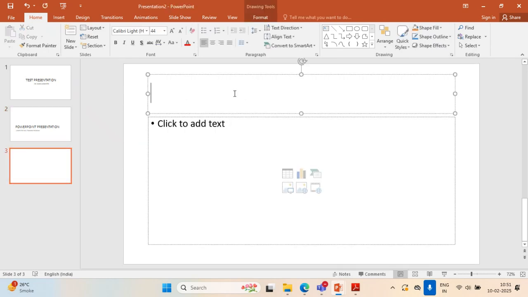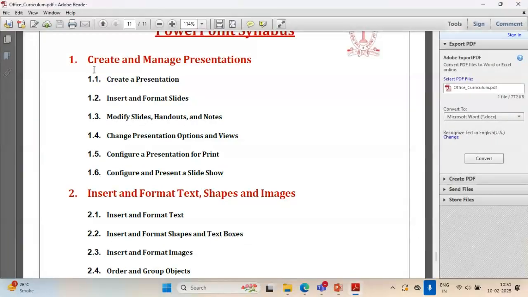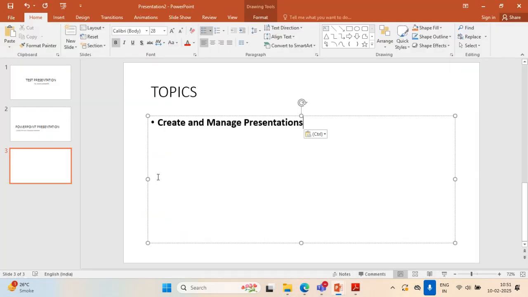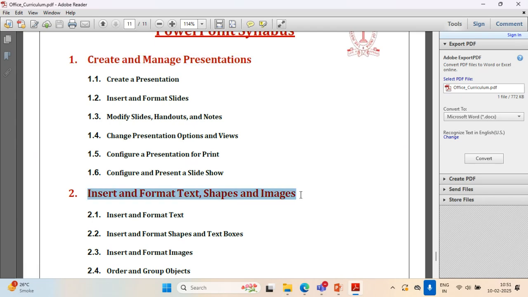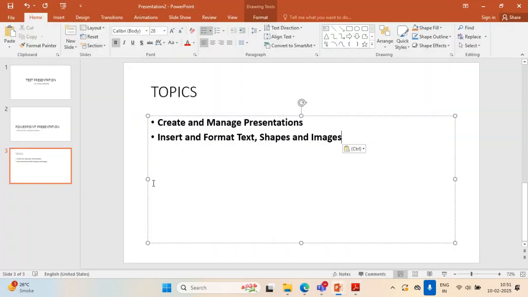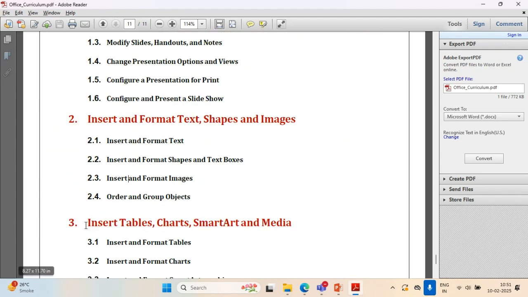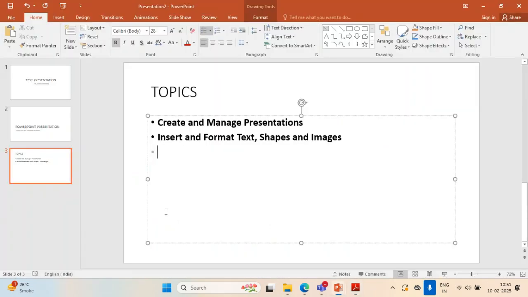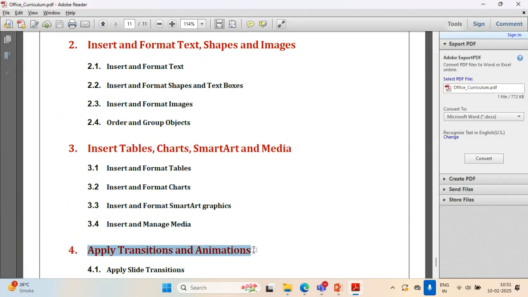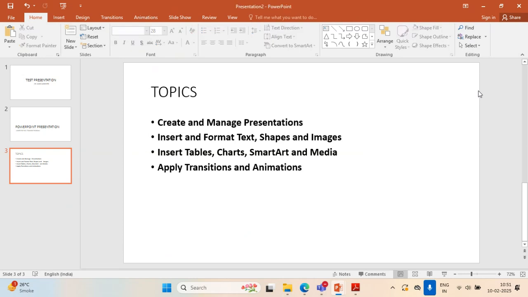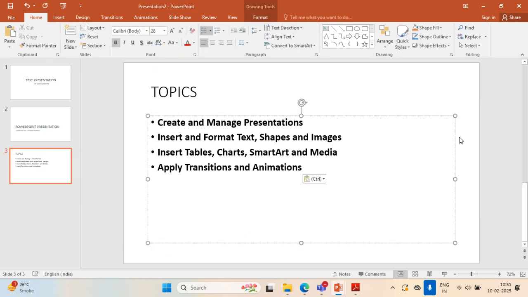Now here, suppose the topics to be covered, I can mention some topics to be covered. Today I kept the syllabus open, and here I take the topics from the syllabus itself and post these over here. And so on. So in this manner, we can work with these different types of things. You can create the list of topics that you are going to cover in this particular slide. Say, fine. So these are the 4 items that we are going to cover,